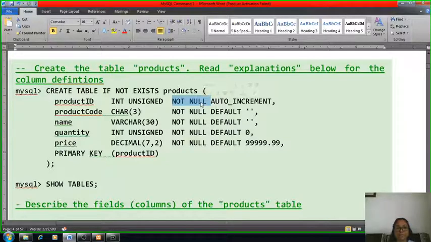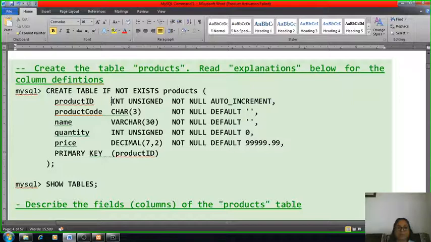Without filling in the product ID we cannot go forward, so that's why it is called not null. Then auto increment. Auto increment means it will automatically increment every time. So we don't need to give the product ID, it will automatically increment one by one. So n number of features you can add with every attribute.